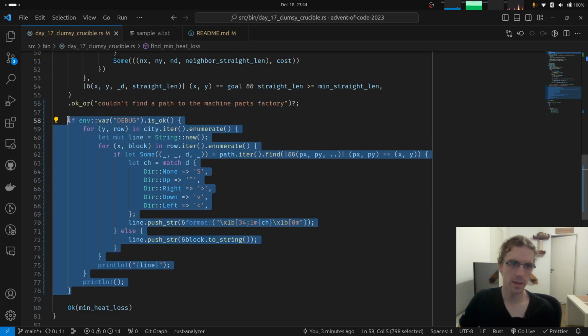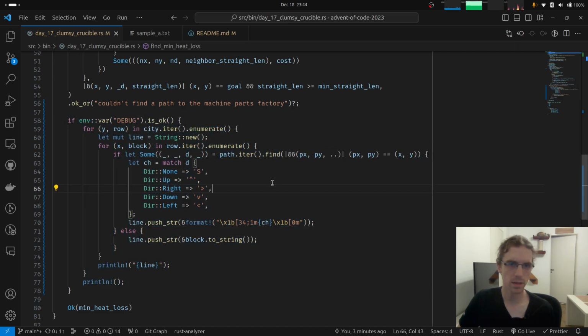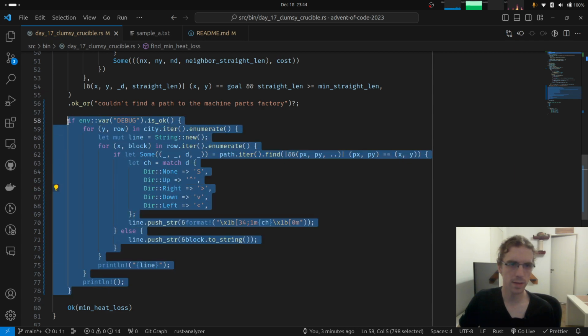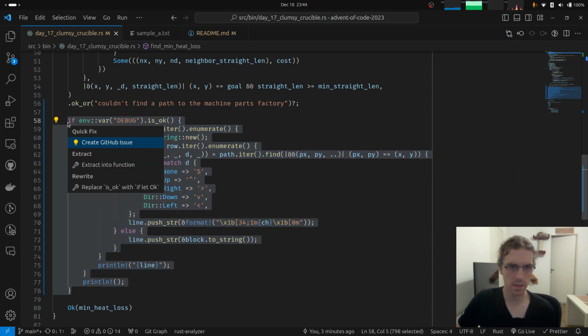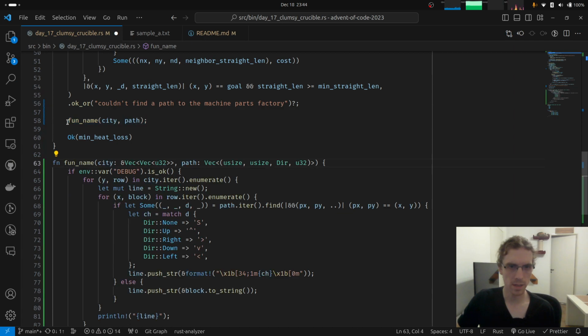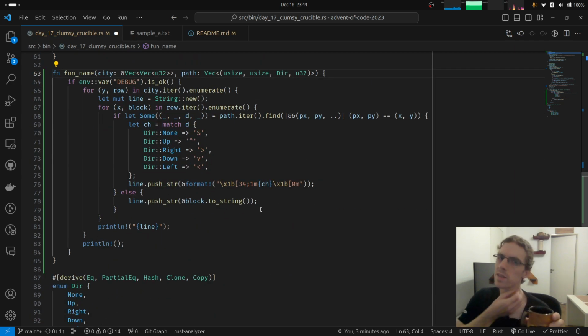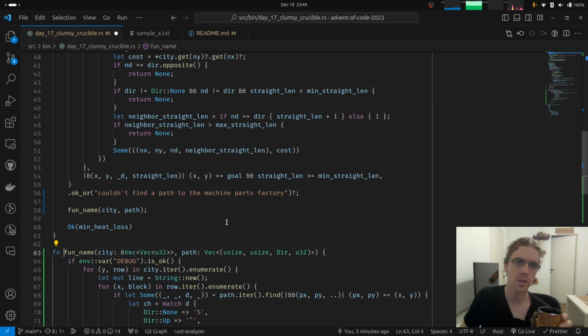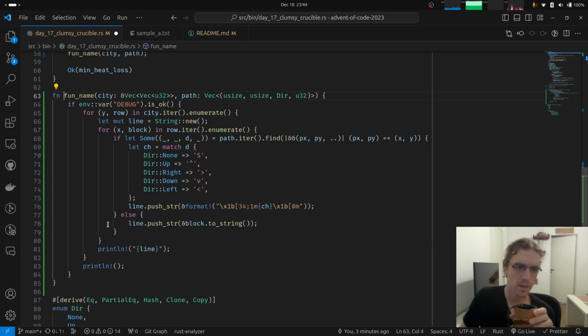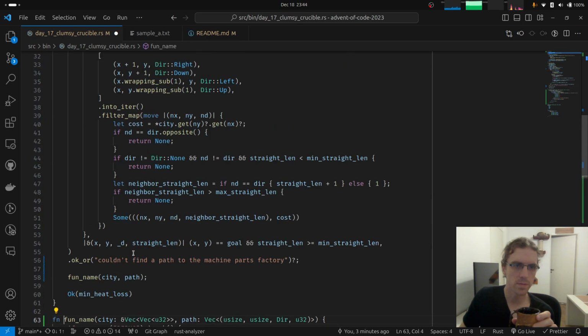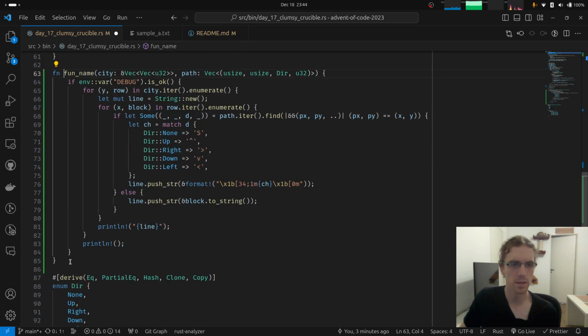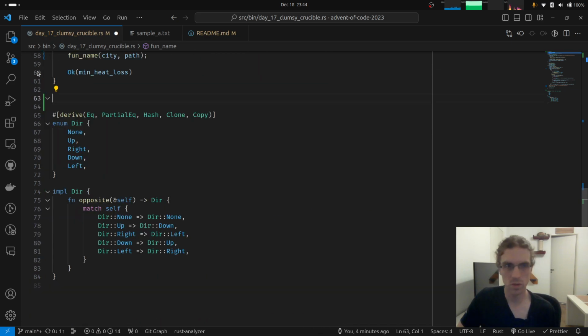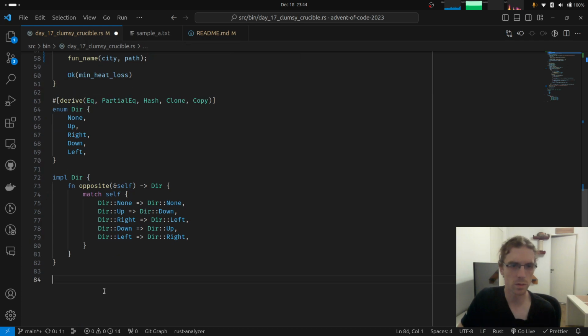Maybe it's a bit ugly to have it here. If I extract it, does it need to take many things? It doesn't need to take too many parameters. So maybe it's nice to have it in a separate function. Yeah, let's leave it relegated to the bottom.